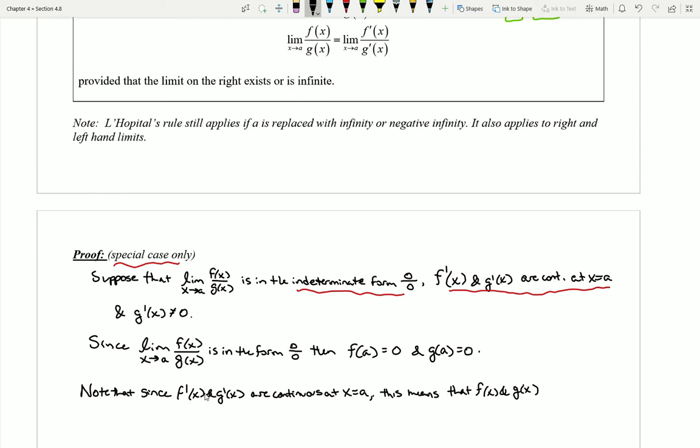That means f prime of a has to actually exist and be equal to the limit of f prime of x as x goes towards a. It's just our basic limit, our definition of continuity. But if that derivative then exists at that point, I can say that the original functions are differentiable